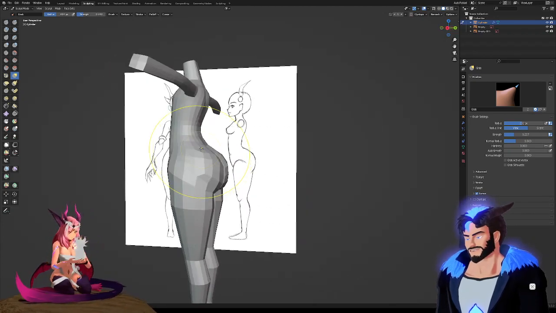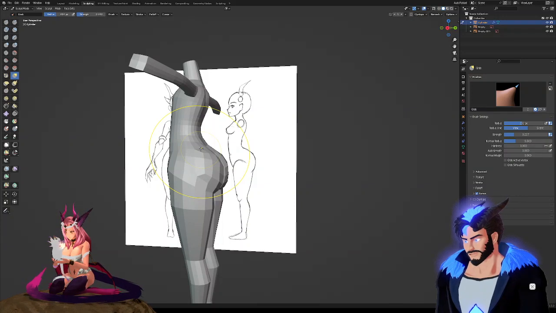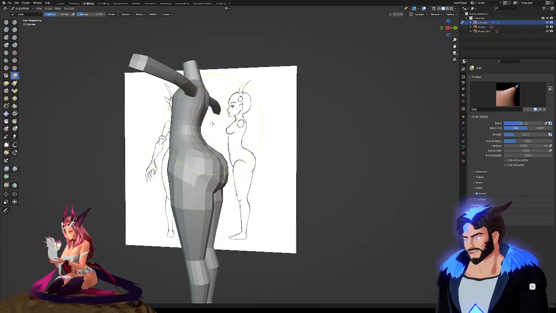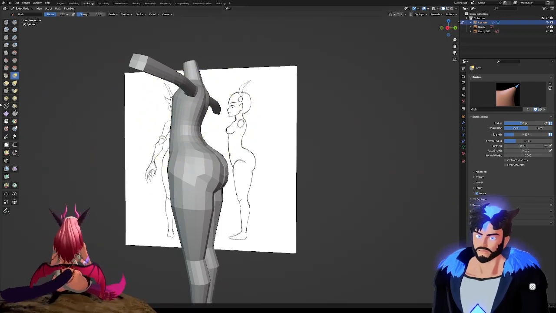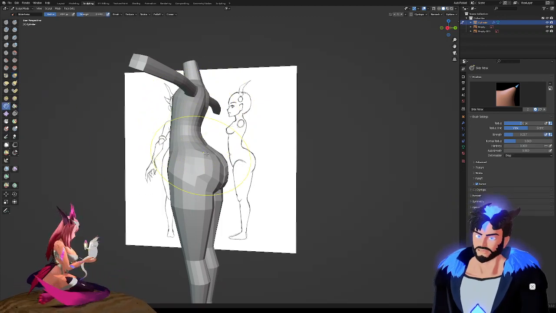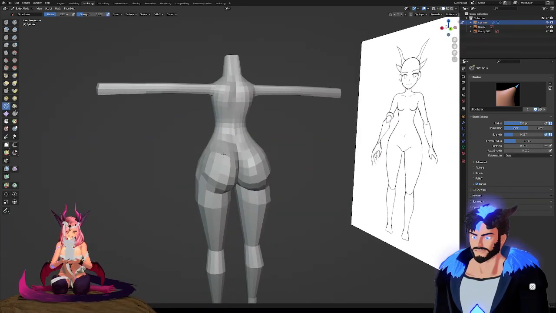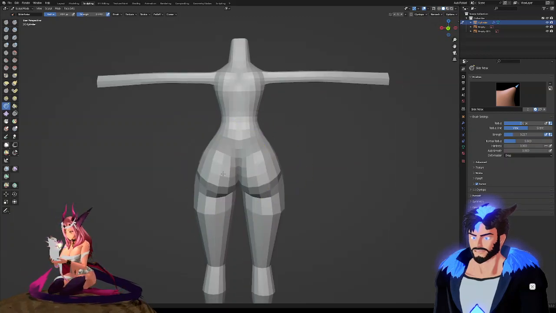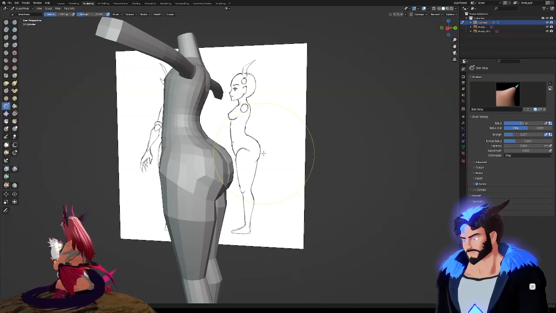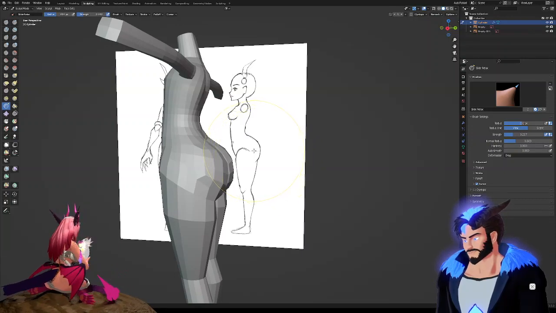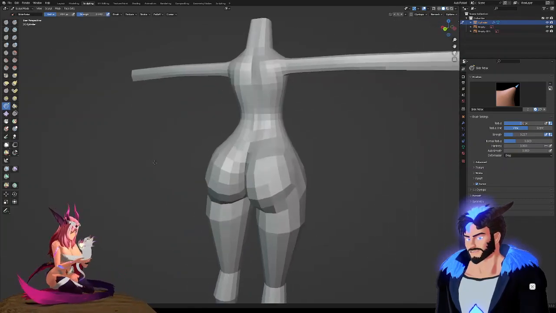Then you could inflate it a little bit more. It's just that the angle of the polygons is not good. Or use the slide relax and then shift-click around with that, and it'll make the mesh nicer. But yeah, you kind of lost the